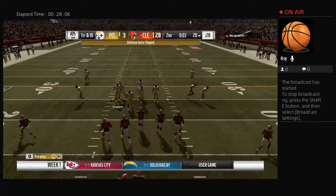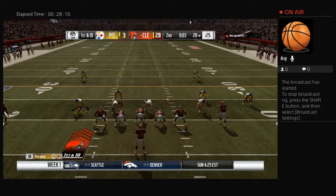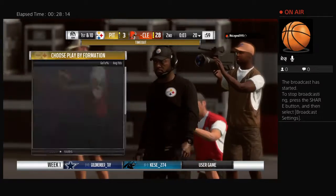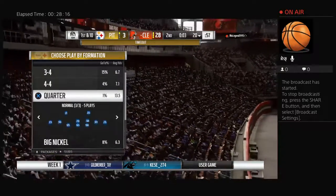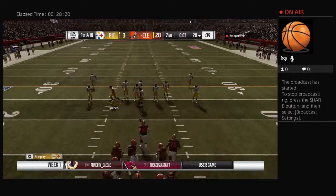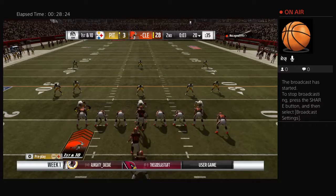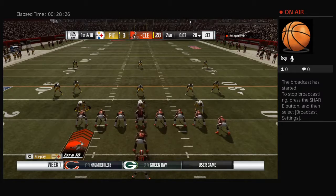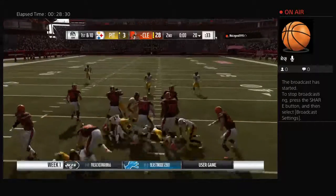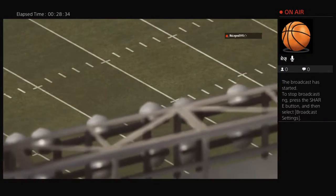Final play of the first half, barring a penalty, as they come up on 1st and 10. And now we'll get a late timeout as it comes in the waning moments of quarter number 2. They begin with a run by Penny. And he's going to be taken down here, as that will lead us to the end of the first half